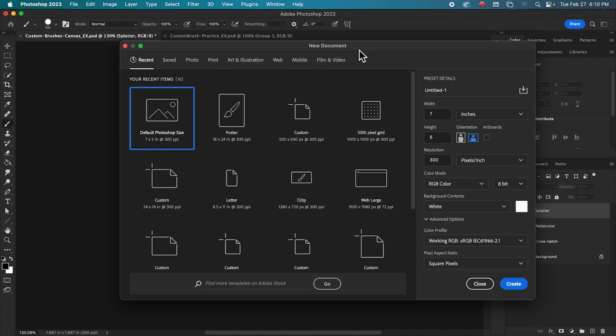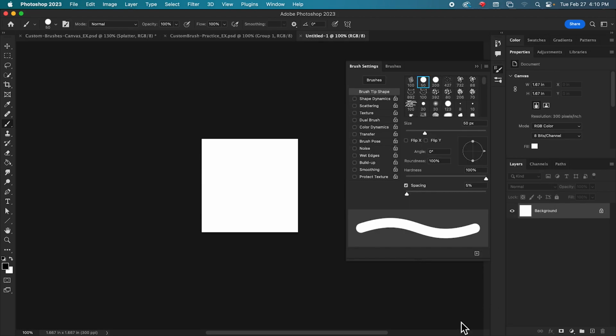Go ahead and start creating our own brushes. So our instructions say we need to create a new 500 by 500 pixel canvas. So we're going to go over to here. I'm going to start off by turning that to pixels, and then I'm going to adjust that to 500 by 500. I'm not worried about the resolution or any of the rest of this because we're only using it temporarily. I am just gonna leave this like that and then hit create.